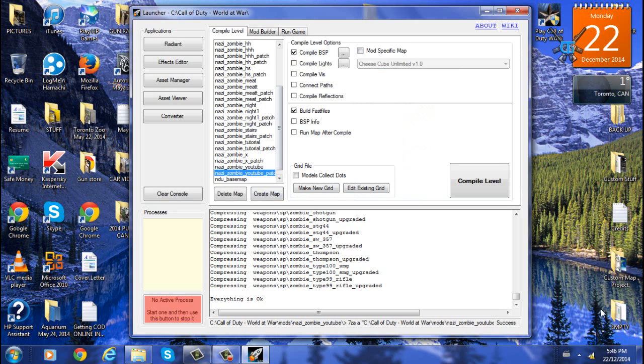Mine's YouTube _ patch. So make sure _ patch is right at the end of your Not a Zombie map name. Now, for this patch, all you're going to have to tick is compile BSP and build fast files. BSP, by the way, stands for build specific something. I don't even know what it stands for. Sorry, I just had it in my head, but forgot what it stands for now. But anyways,